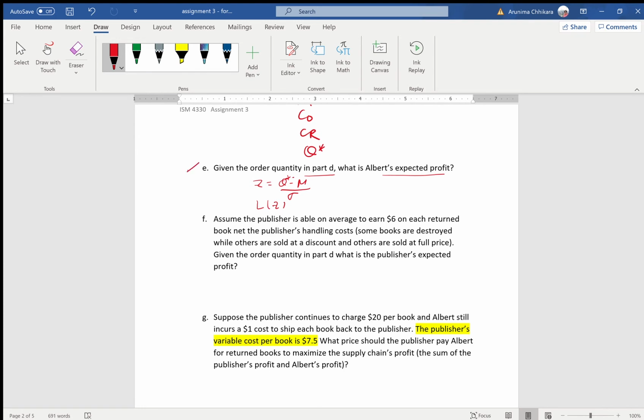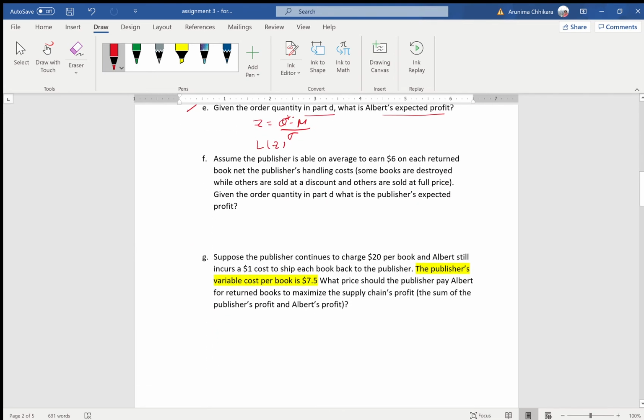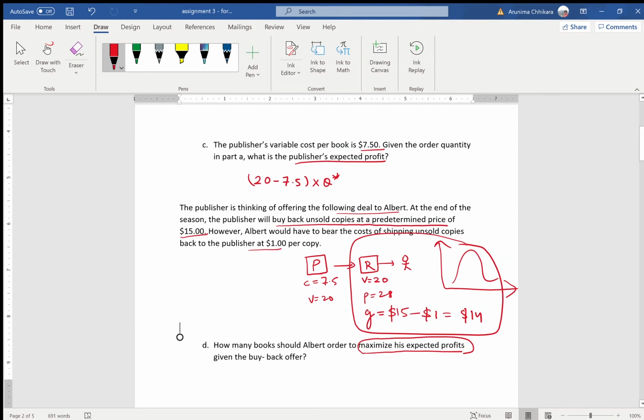So you know this. Then part F is asking, assume that the publisher is able on average to earn $6 for each returned book, net of the publisher's handling cost. So given the order quantity in part D, what is the publisher's expected profit? Okay, so how much profit is the publisher going to make? Since it's purchasing all those unsold copies from the retailer, everything that's unsold gets sent back